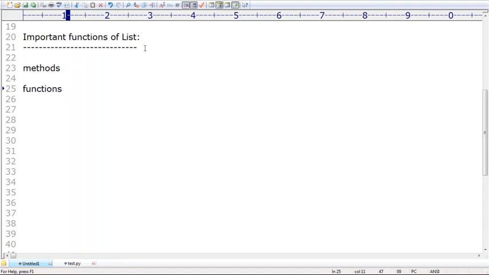Is there any difference in Python? In Python, we can use function and you can use method also. When do I have to use method, and when function? A method is a function, a function is a method. Just observe these words carefully: interchangeably you can use function or method, no problem at all. Any word you can use,